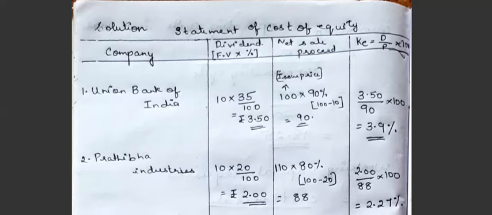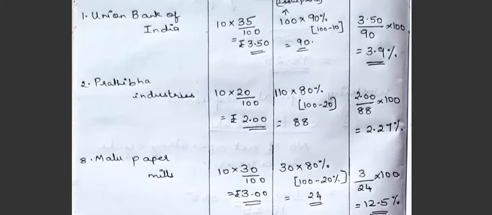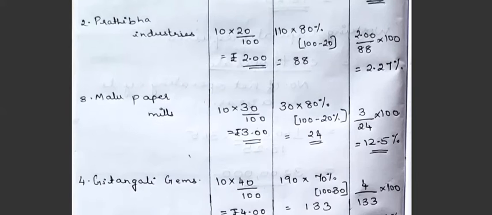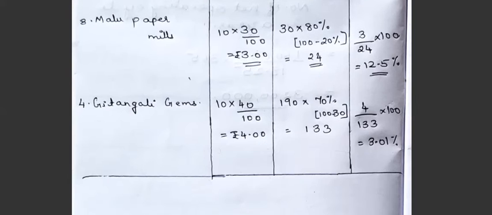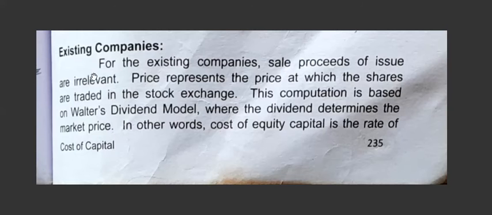Now next is, yeah, this is what you have to calculate. Now next we will go for the problem. Till now, in the last problem, equity shares, cost of equity only. P refers to market price or issue price. Till now we have done the issue price. Net proceed we have calculated because market price was not given in the problem. Now when the market price is given in the problem, how to calculate? It is a simple one, just take the value.